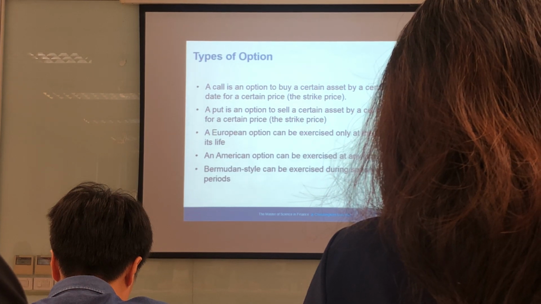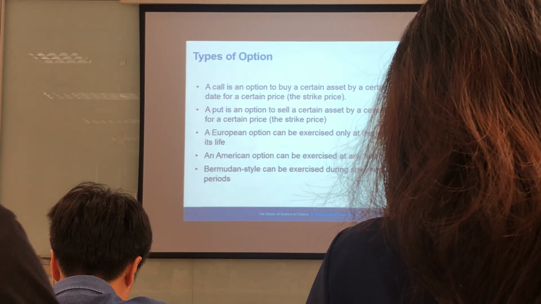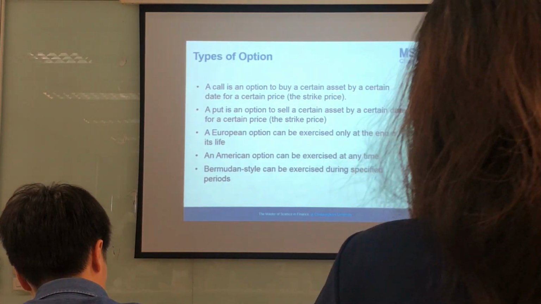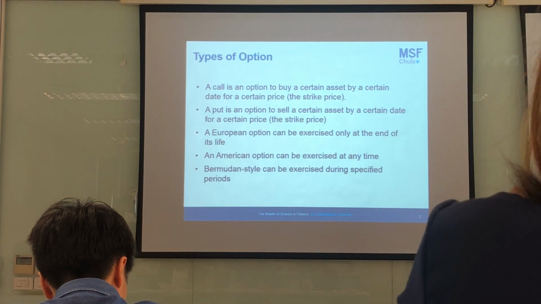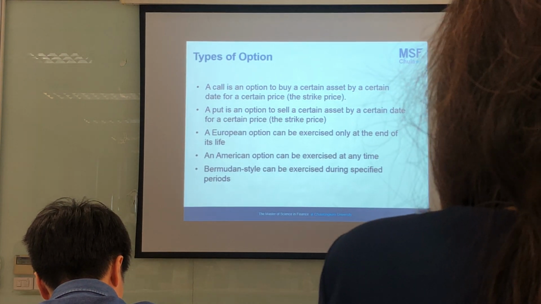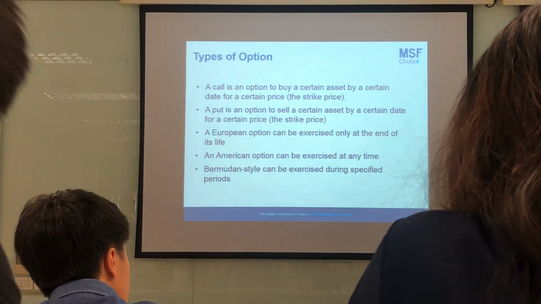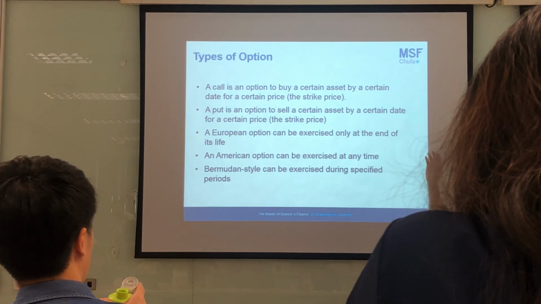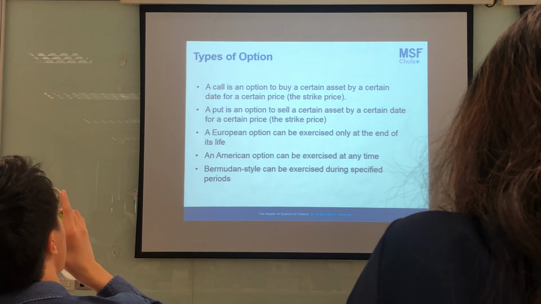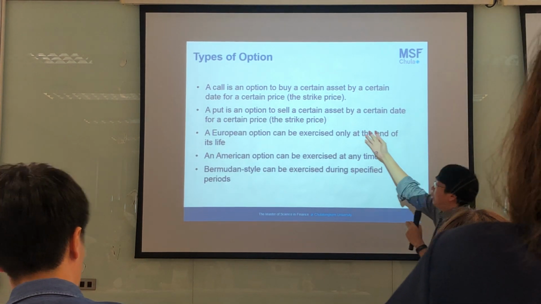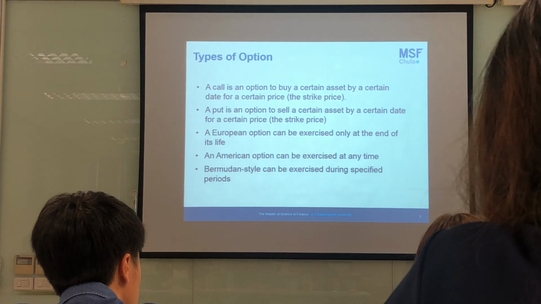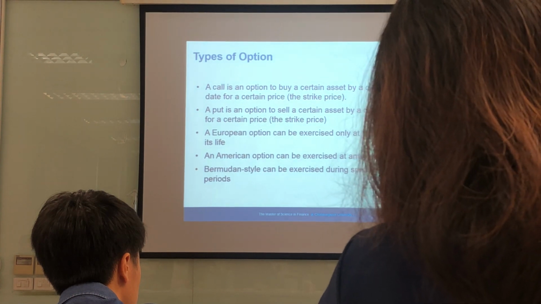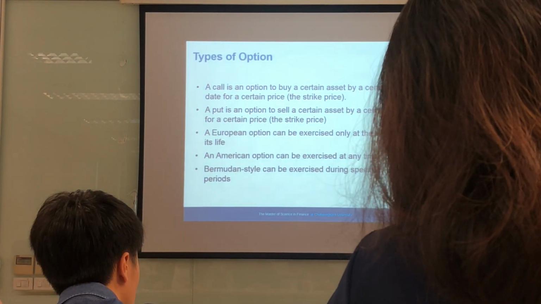So in the case of the BBL warrant, you have the right to buy the stock at some certain price, but it's not an obligation. You can just throw it away if you don't think that it is useful or that there is any value. So that is one type of option, the call option. Another type of option is called a put. The put option is the opposite. If you have the put option, you can sell, whereas for the call you can buy, from the option writer.